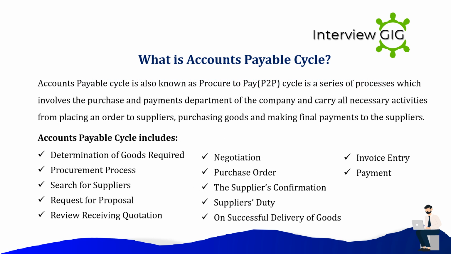What is the accounts payable cycle? The accounts payable cycle is also known as procure to pay. The P2P cycle is a series of processes which involves the purchase and payments departments of the company and carries all necessary activities from placing an order to suppliers, purchasing goods and making final payments to the suppliers. The accounts payable cycle includes determination of goods required, procurement process,